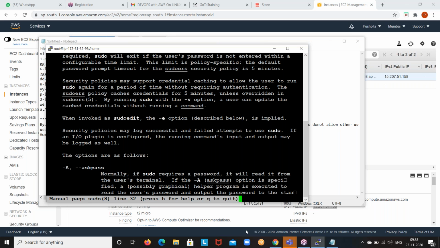Option means based on your requirement you will use it, not mandatory. So based on your requirement you will change the options. This is how it works.